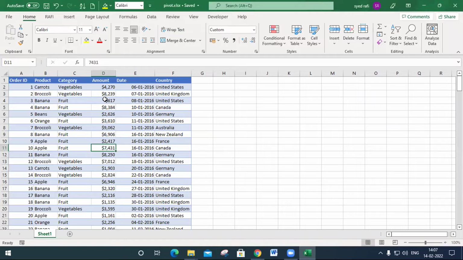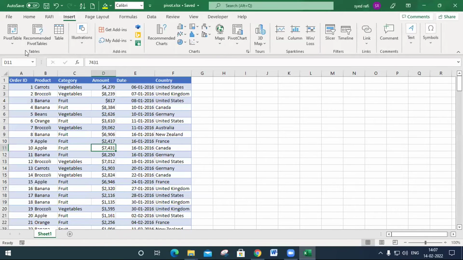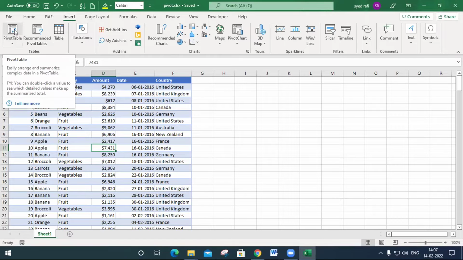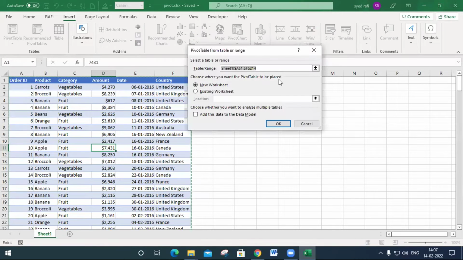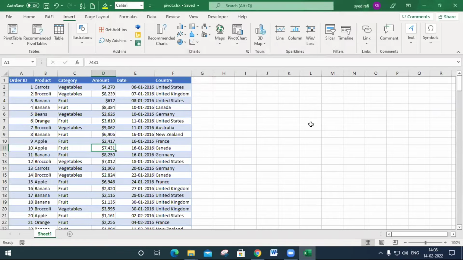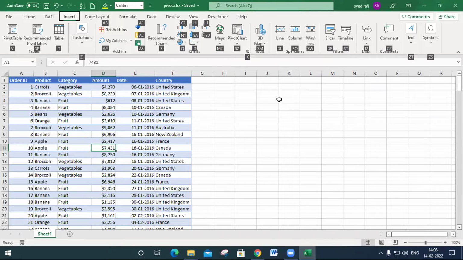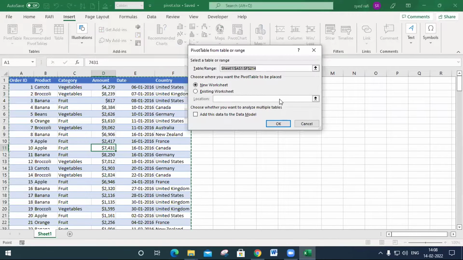I will show you. By clicking the Insert tab, there is a pivot table option. Click here and you get this dialog box, which indicates the range. There is also a shortcut, Alt N V T, which gives the same dialog box.